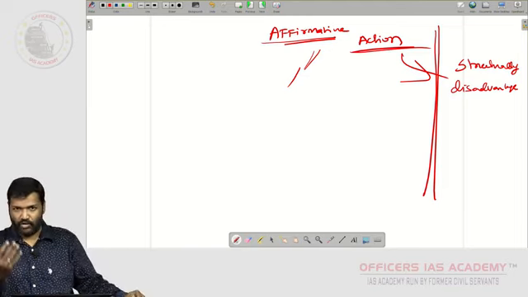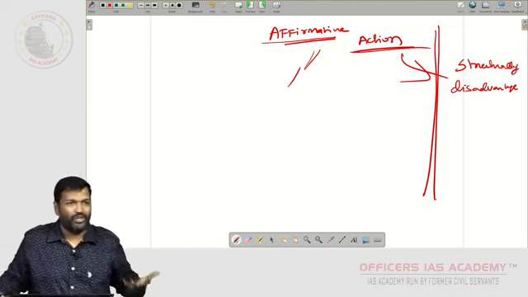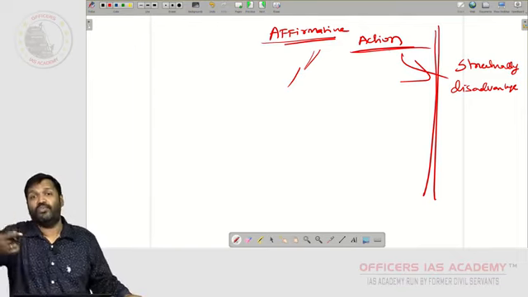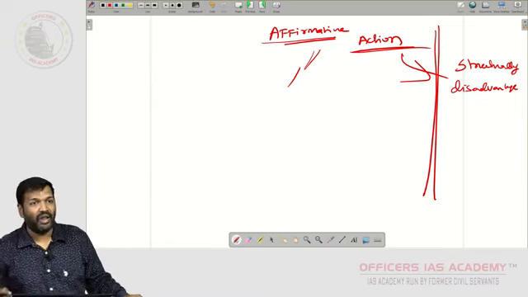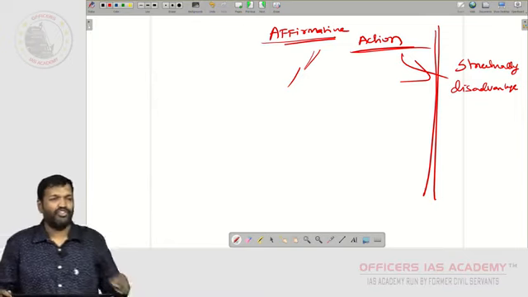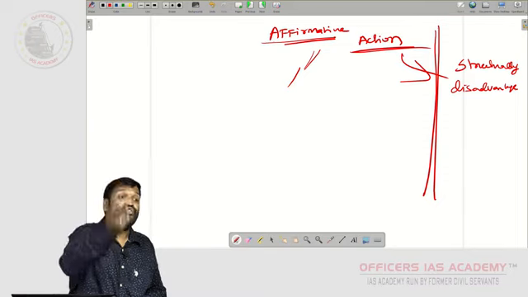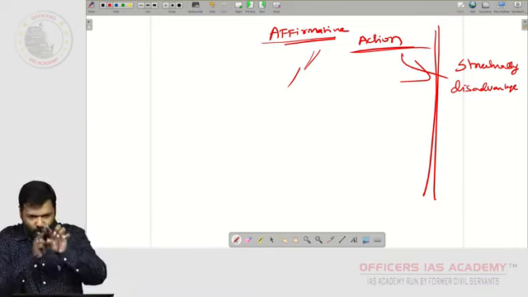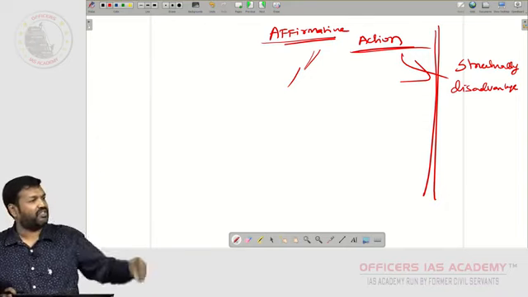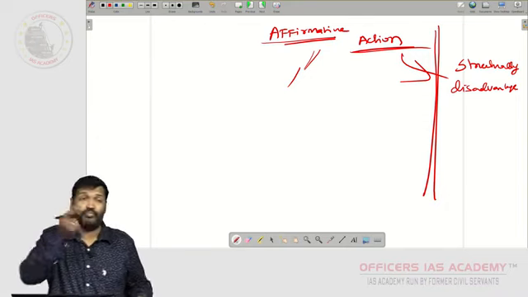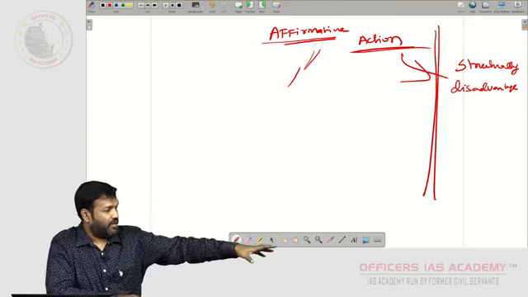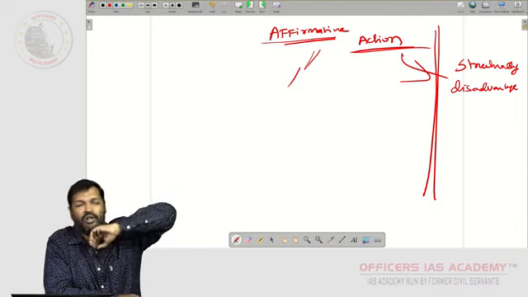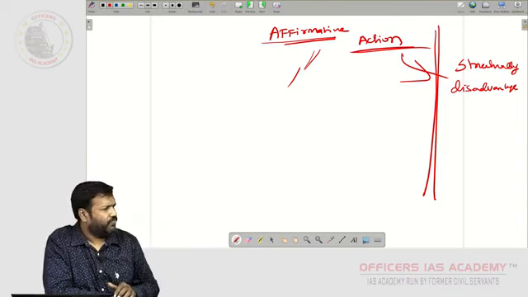If there is a debate, okay, whether why should I give a reservation or why should I give this extra privilege to one group of people, one section of people, the next immediate question that you have to ask in your mind is, what if it is not given to them? Whether in the meritorious society can they come and succeed? Because there is already a lot of structural oppression that is there. They have been barred. Certain people are being barred from doing certain employments or getting certain promotions.